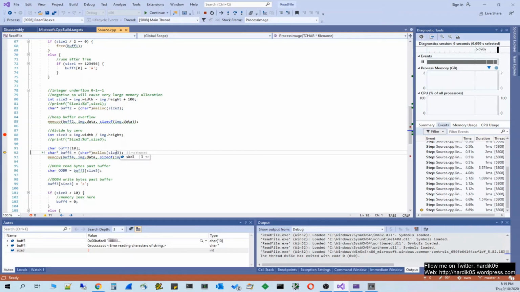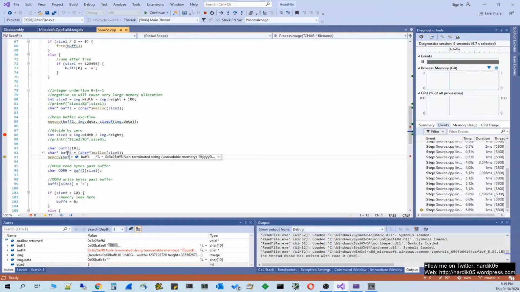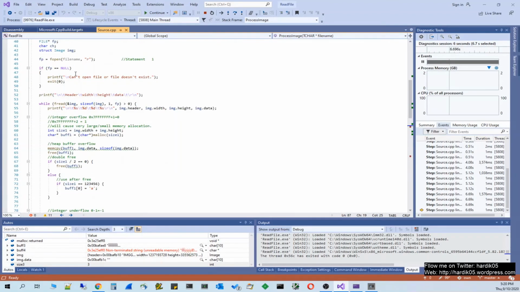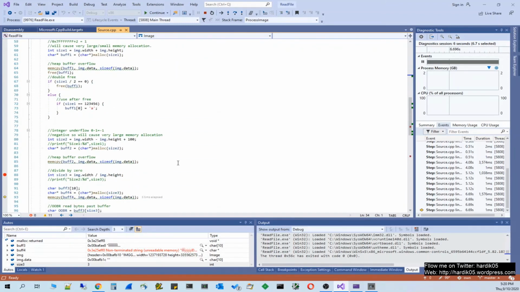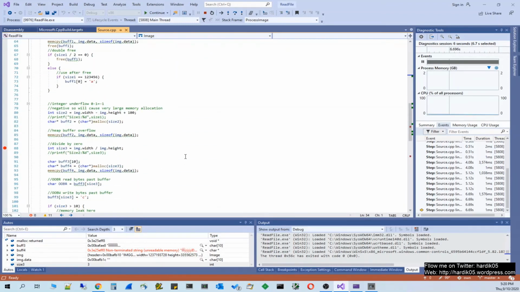If you remember, this is something similar we saw in our Linux videos as well. Size3 is actually 3 because width is getting divided by height, and so buffer4 is only 3 bytes, and you are copying image.data, which is 10 bytes, over here, so it should crash over here.